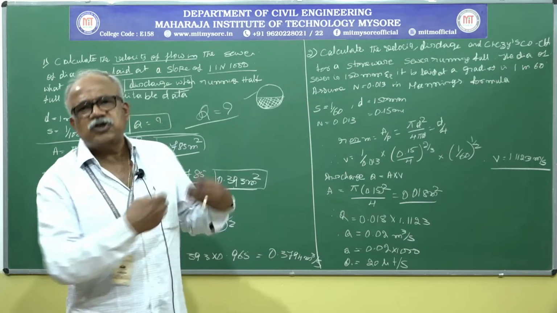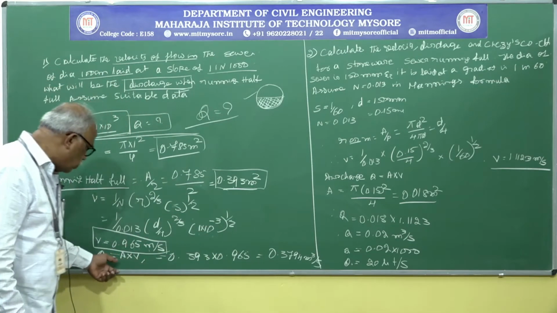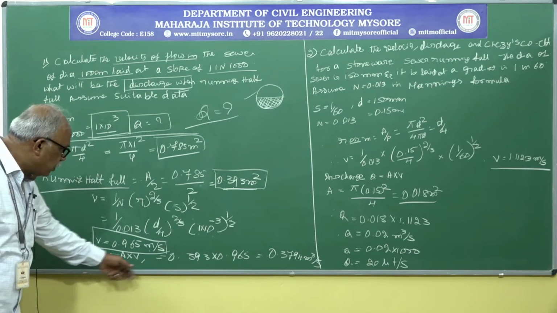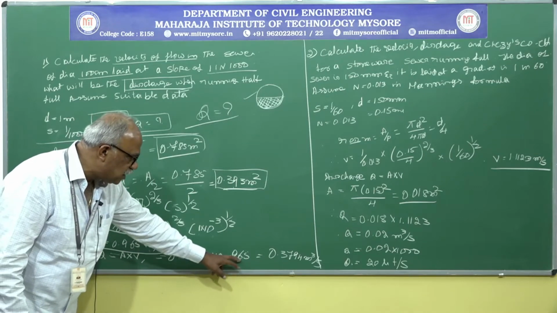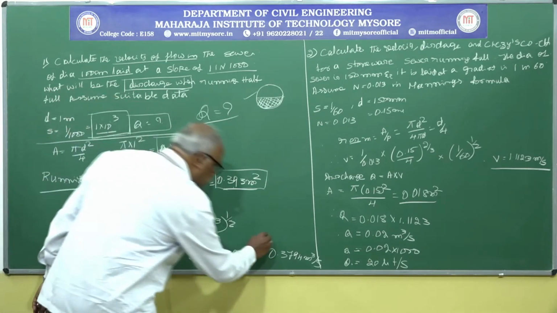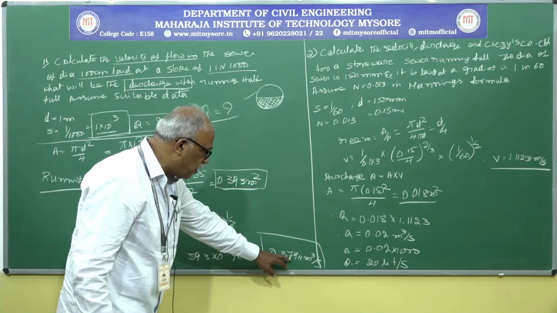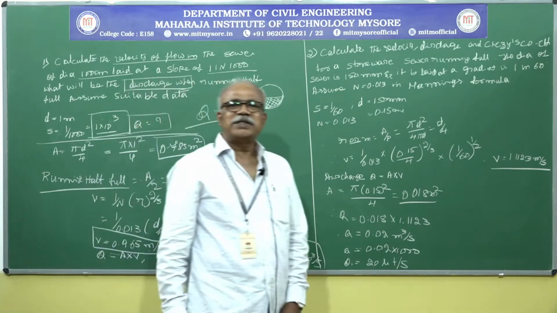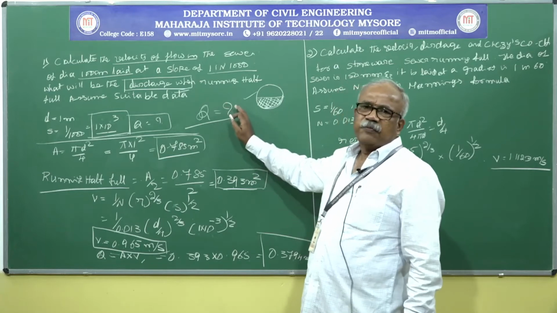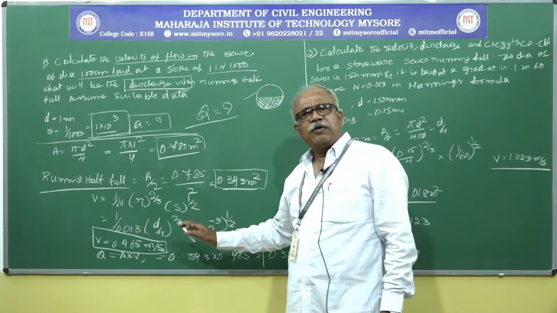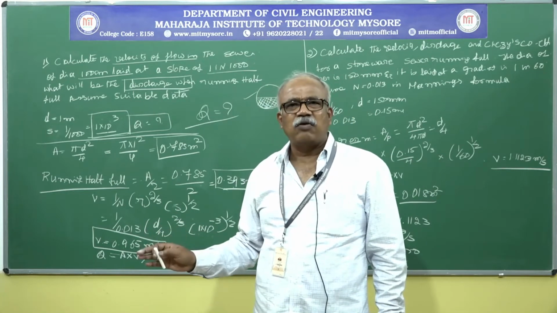Hence, automatically you substitute the values into that equation, Q is equal to A into V. So the value of A, that is 0.393, multiplied by 0.965. So finally, I can get the discharge 0.3794 meter cube per second. Are you clear or not? Okay. Very simple problem and also it is very easy to analyze and solve.